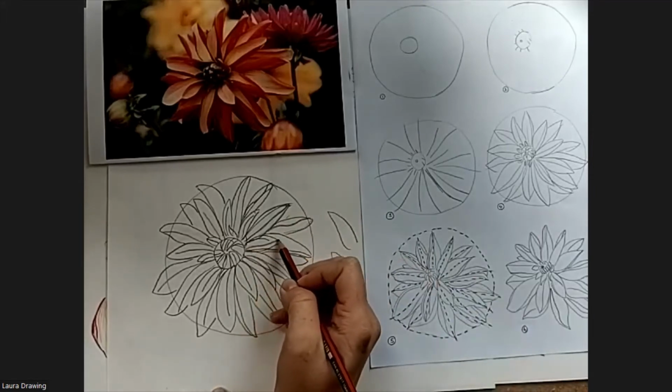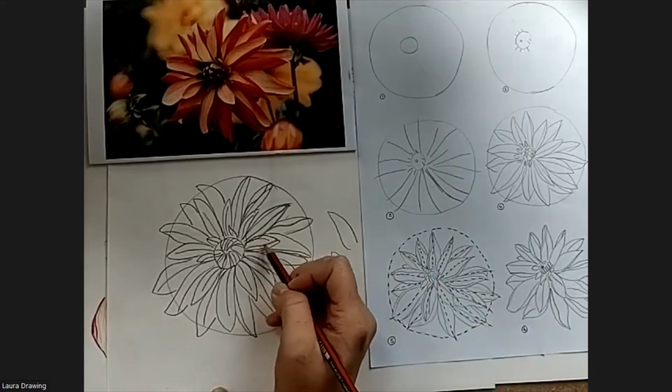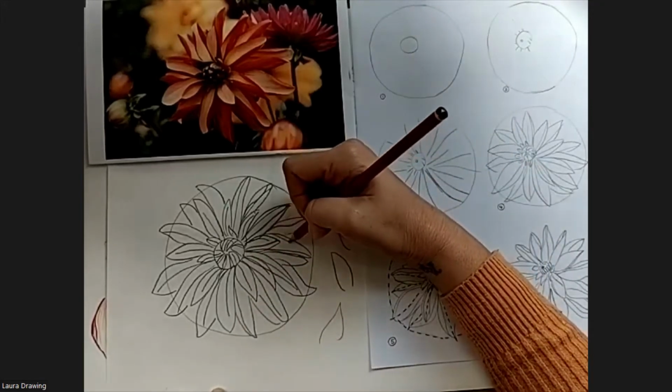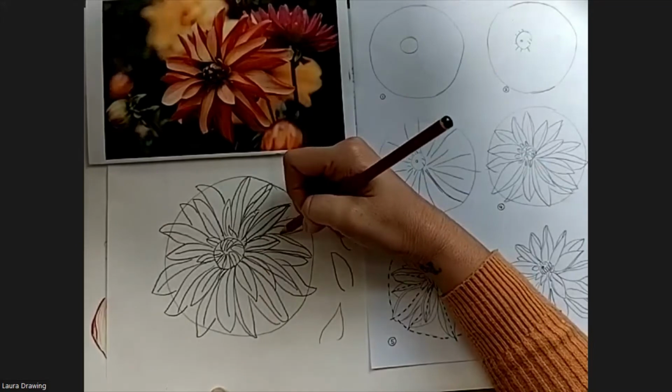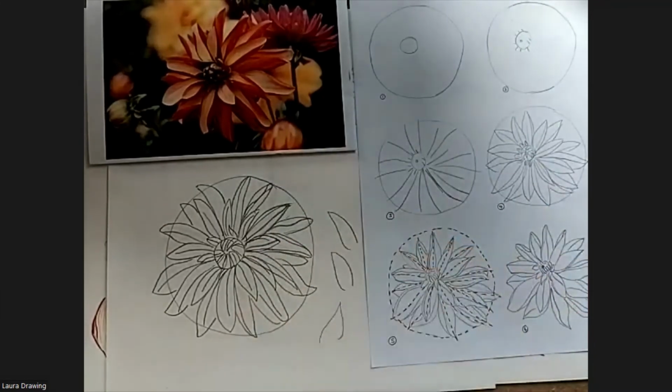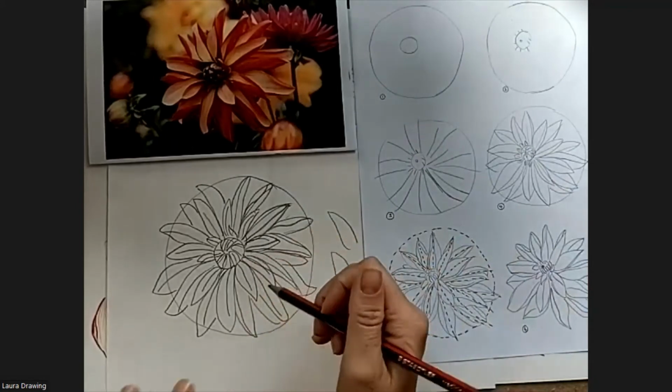I'm going to add the same on these ones. So making your way around, adding a little bit of a curve to your petals. Now, if you're getting a bit confused with all the lines that are coming around, you can